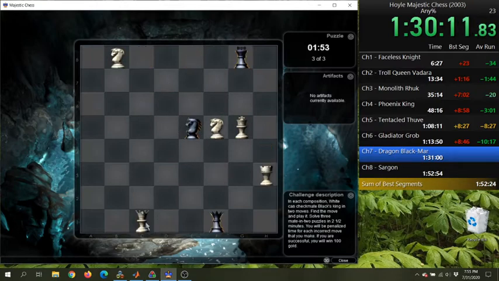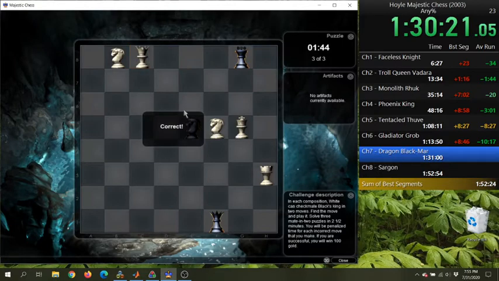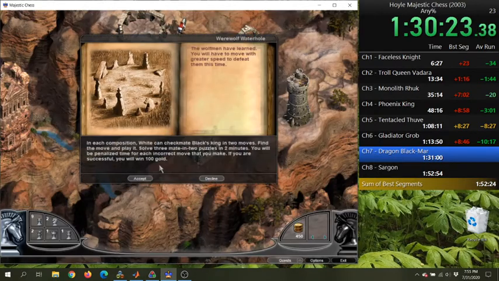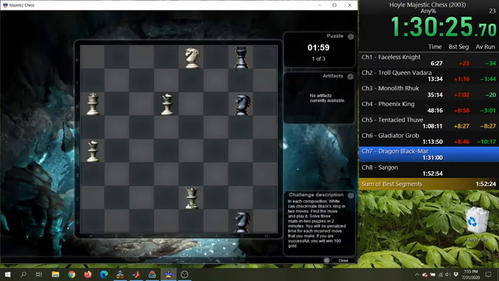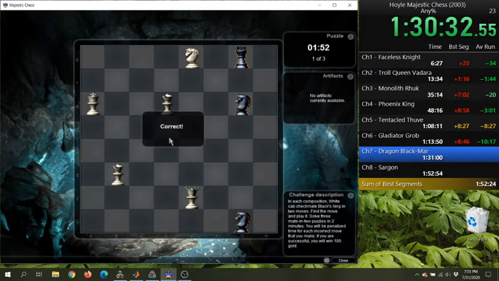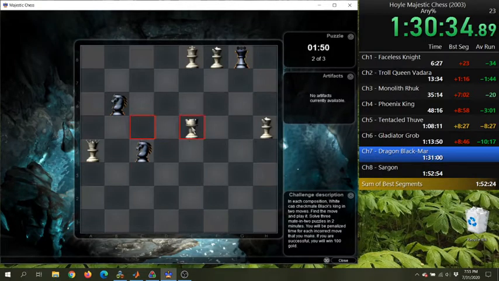There we go. There we go. Do one more to get enough gold to buy my last rook. Again, kind of surprised that wasn't it.